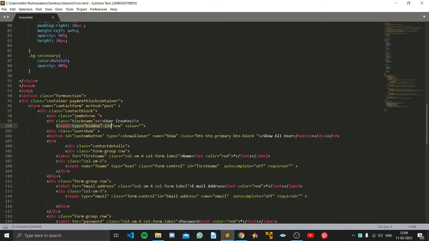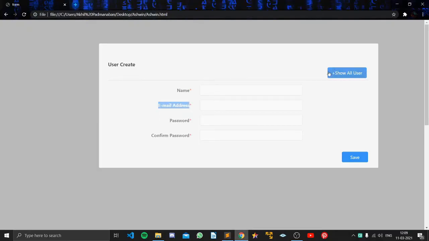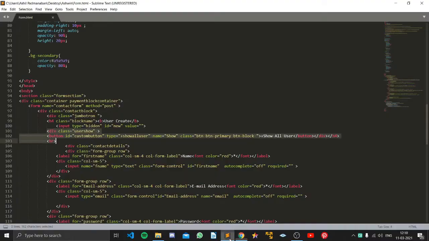Hidden type will be hidden, id is equal to true, there will be no value. Then the next part, user show. I will tell you why I have used this. User show is just for this show all users part. For this I have created a different function for adjusting.